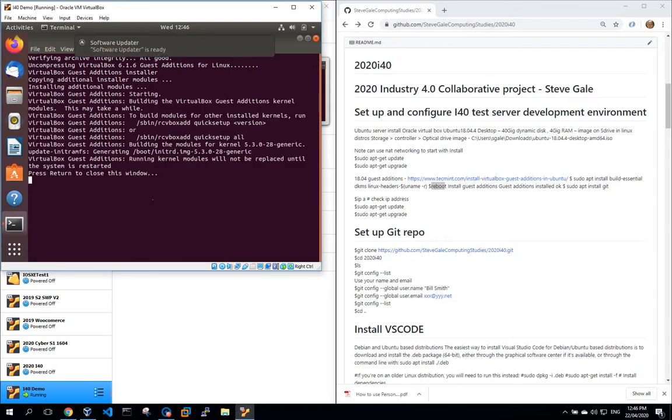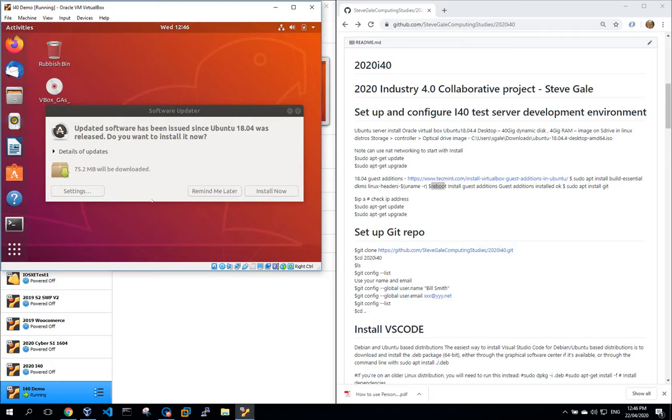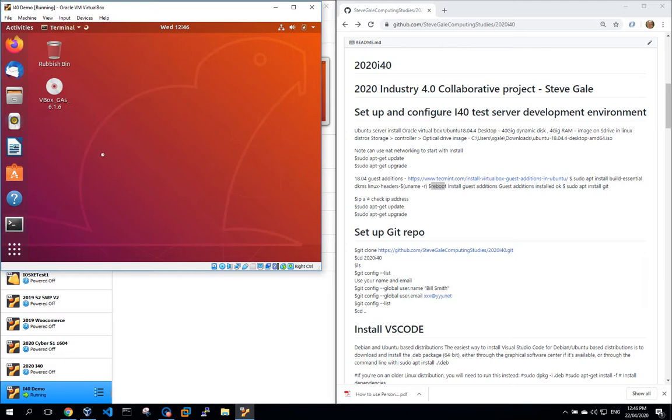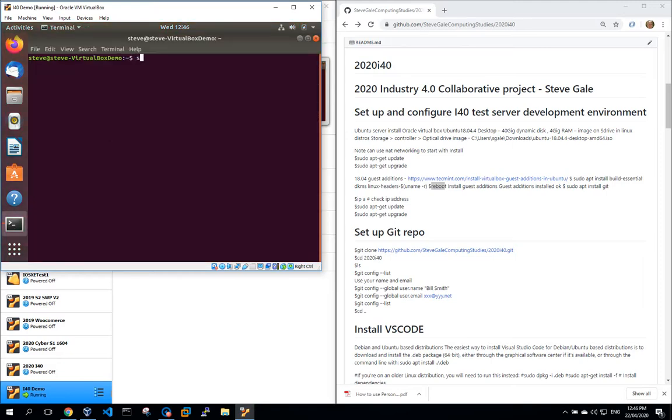So now the guest editions is completed, so I'll just press return, and it wants me to do an update, so I'll just say remind me later. So what I'll do is I'll just do a sudo